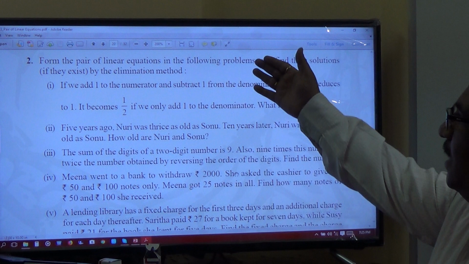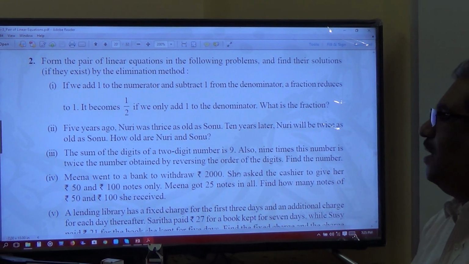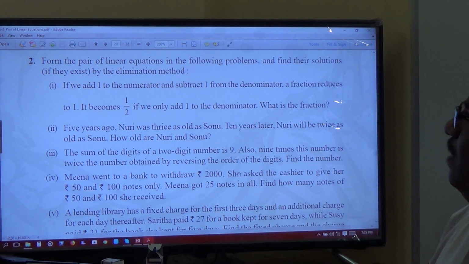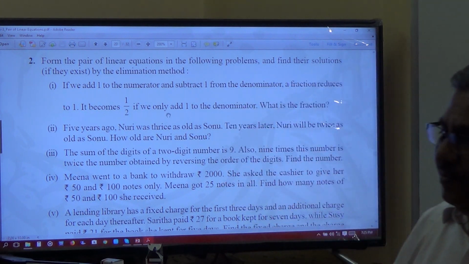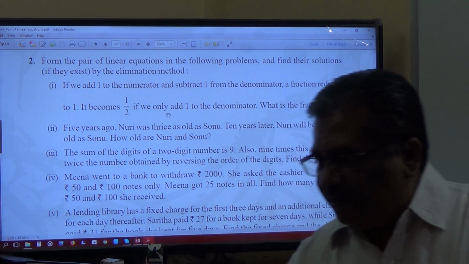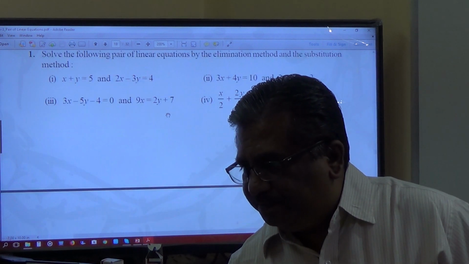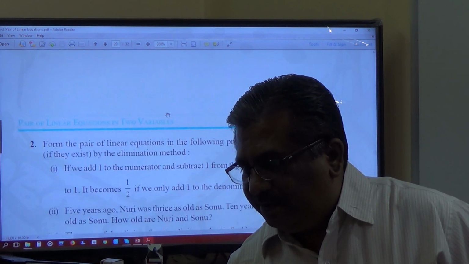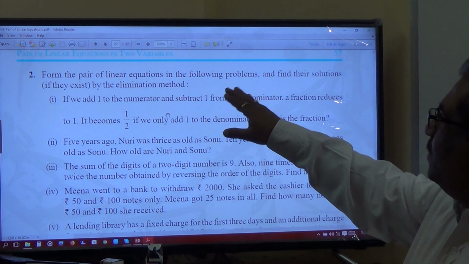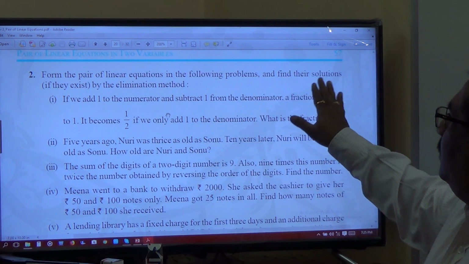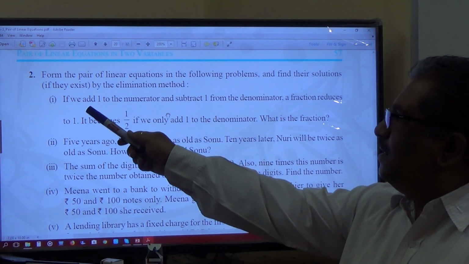So second main, I'll start with the second main here. I hope you are able to see the numericals. Exercise 3.4, second main. Okay. Form pair of linear equations in the following problems and find their solutions if they exist by